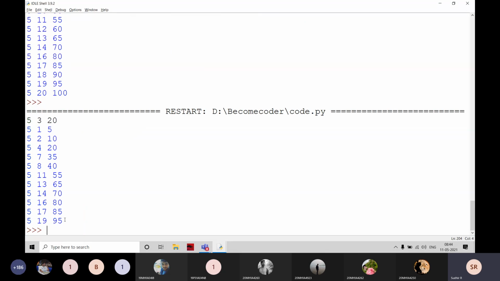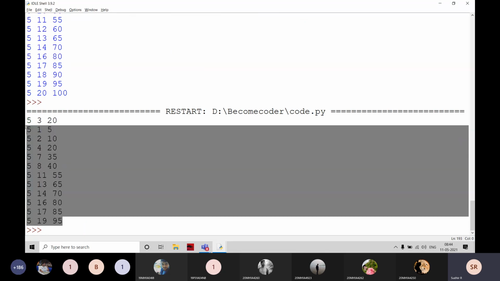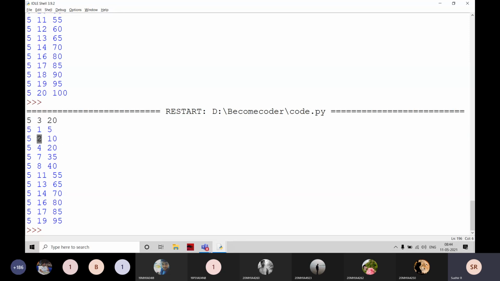Here it is going to print the values which are both not divisible. For example, 2 is not divisible by 5 and 3 also. 4 is also like that. 4 is not divisible by 3 and 5 also. 7 is not divisible by 3 and 5.